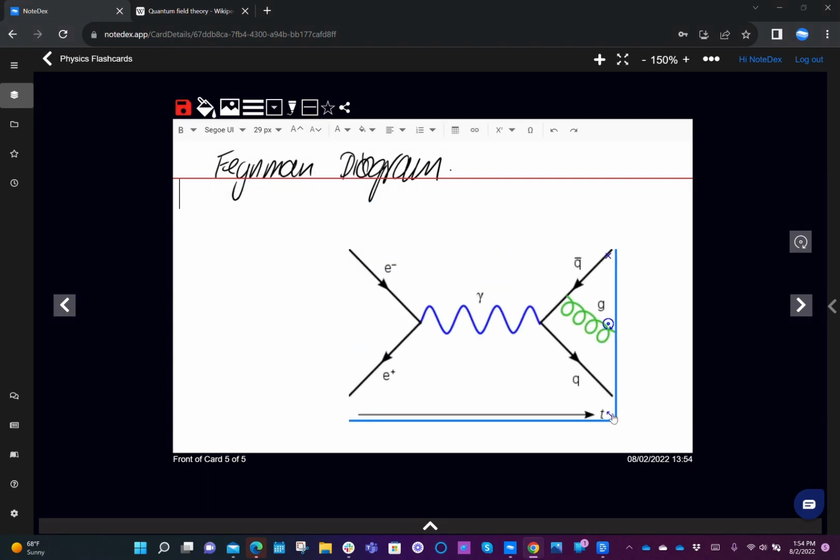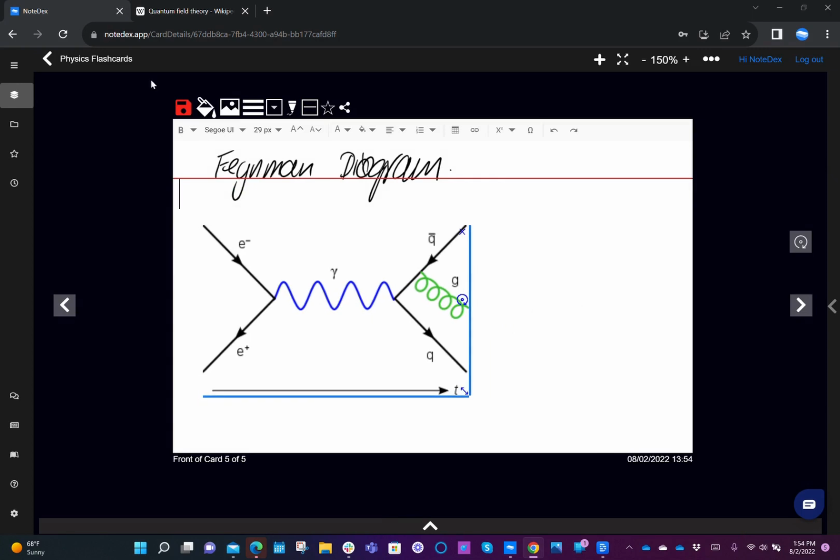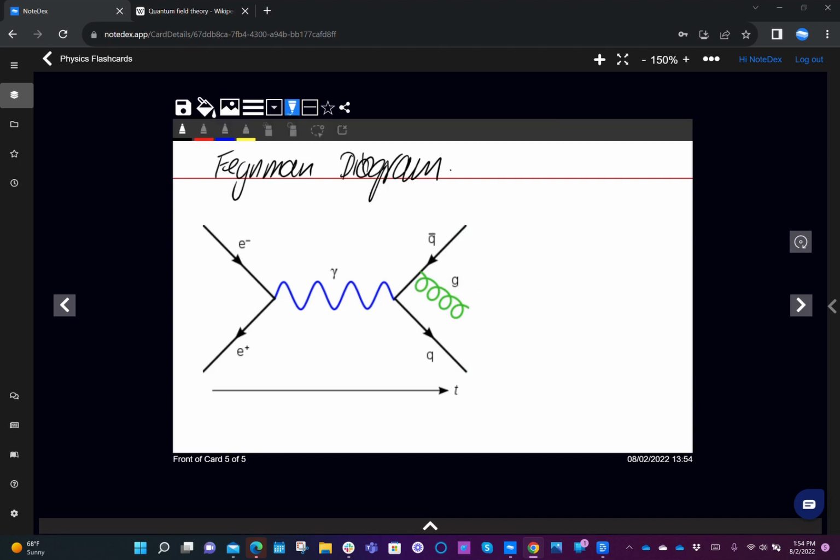And I'm going to resize that and move it over here. Great. Now I'm going to go back into ink mode, which you can do just by clicking that icon as well. And I'm going to select the black pen. And I'm going to say this Feynman diagram shows interactions in quantum physics.